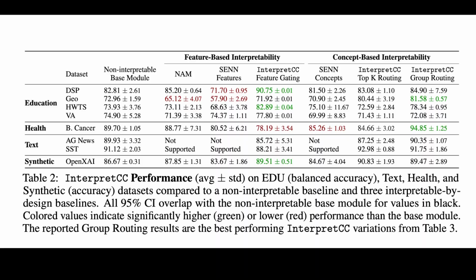And we saw that in a lot of cases, the confidence intervals overlapped. And in some cases, we were significantly higher than the non-interpretable model, the way that a model is trained right now. So actually, interpretability can have some performance advantages. In a few cases, we were not as good with the feature gating as with the group routing in comparison to other models, and that was mostly with the health breast cancer data set. We did much better with the group routing, which means when we grouped by cell, we had a much better performance. But with the feature gating, we did a little bit worse. Not a lot worse, but a bit worse.